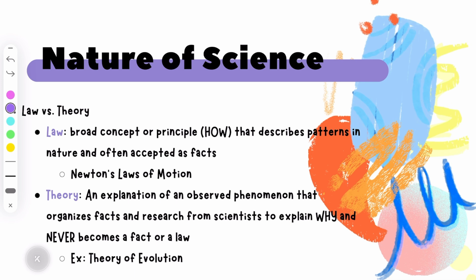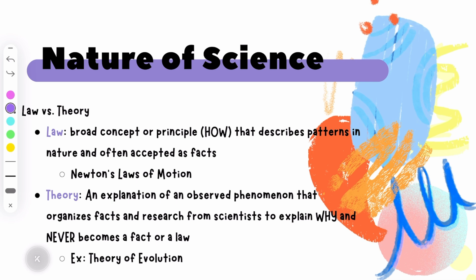Then you have the difference between a law and a theory. So a law is a very broad concept or principle. It's a how that describes patterns of nature, and it's often accepted as a fact. So for example, Newton's laws of motion. Something in motion is going to stay in motion until another force acts upon it. So it's something that we once again can verify and make sure that it is true and that it's always consistent. Whereas a theory is an explanation of things that we see, observed phenomena, that organize facts, and